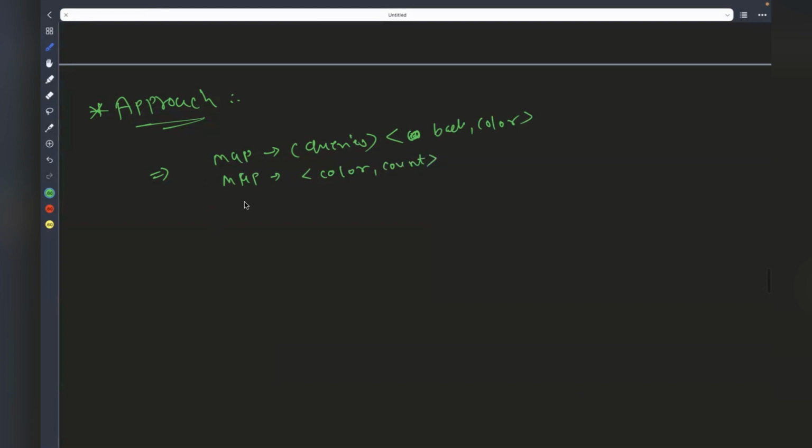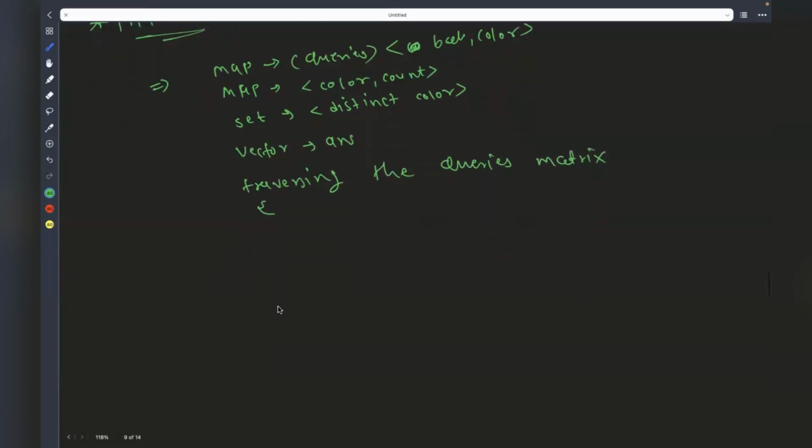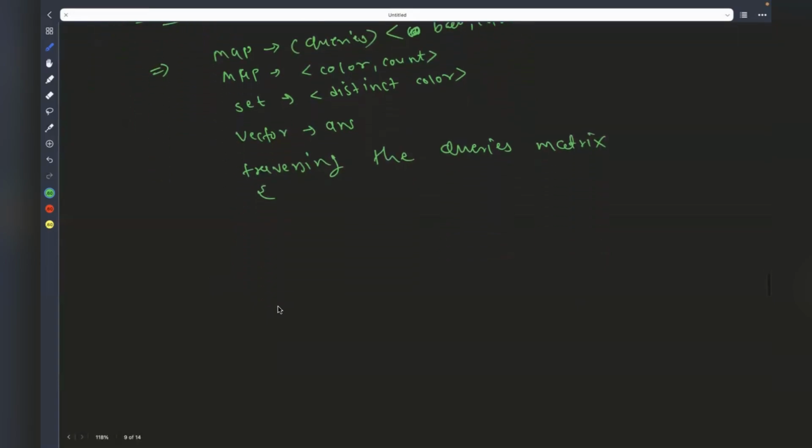And the third thing which we need is a set, which is storing our distinct colors. Understood? Now the fourth thing is our vector, which is storing our answer. Understood? Now we will traverse the query matrix or 2D array. In each traversal, what we'll have to check? We are checking if